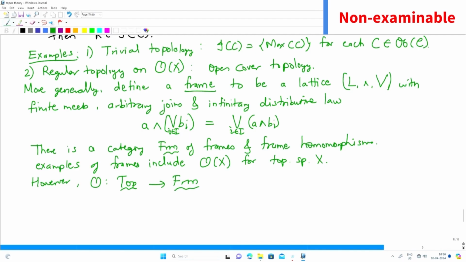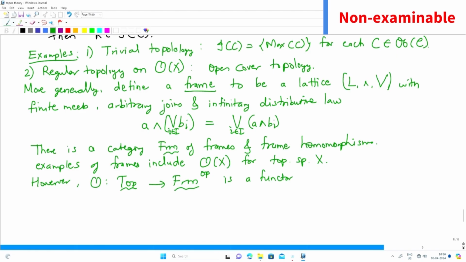Can you tell me why? Functions reverse the direction, right? Therefore O from Top to Frame^op is a functor, because the inverse image of an open set is open. Yeah, so f maps to f inverse. So for this reason, actually, there is